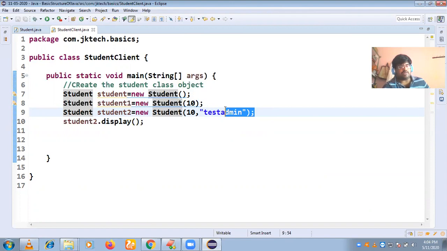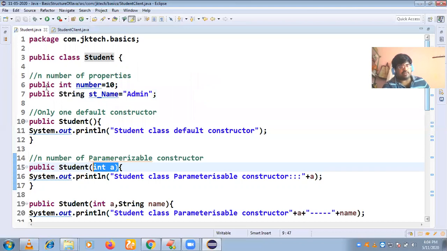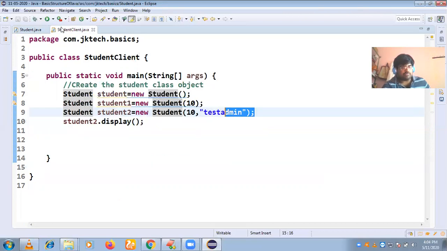But how many times can a static block be executed? Only one time. Even if a class contains a number of static blocks, before the object creation, it is first checked whether it contains any static context or static data. If so, it first executes the static blocks, and after that the preference goes to instance blocks. Whenever you are creating an object, instance blocks come into the picture.